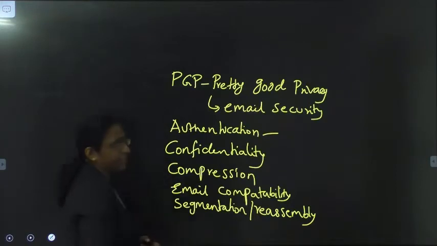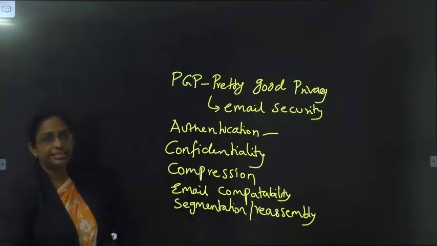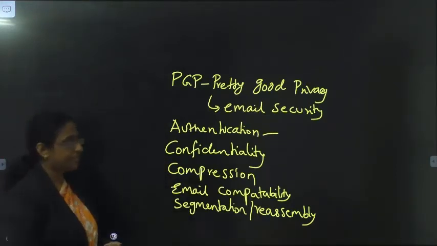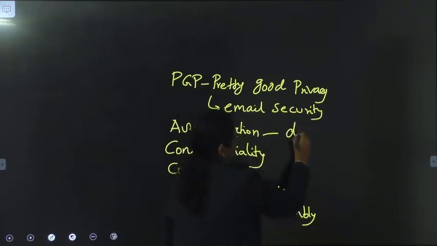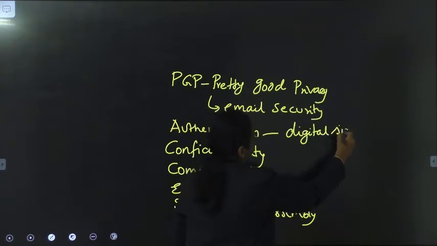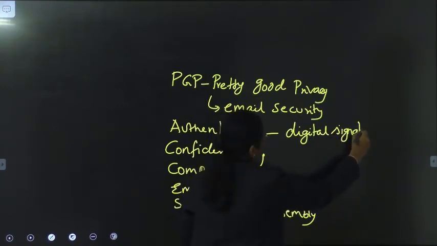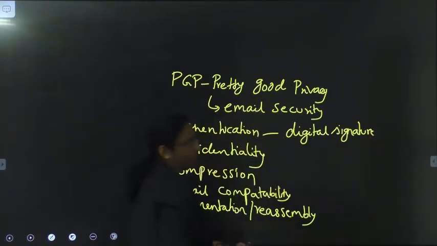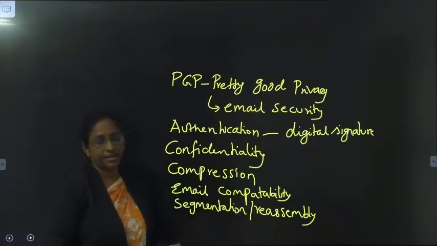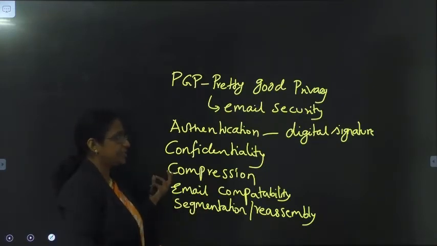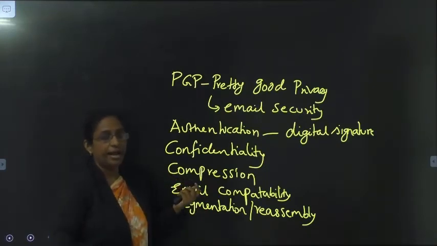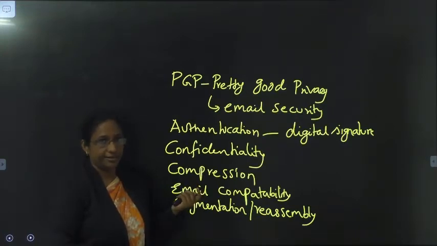For authentication, it will be generating the digital signature. To authenticate the message, we will be using digital signatures. By using these digital signatures, authentication is done. For this, we will be using algorithms like RSA, the SHA algorithm, and similarly the DSS algorithm. By using that, digital signatures will be generated, and those signatures will be authenticated.